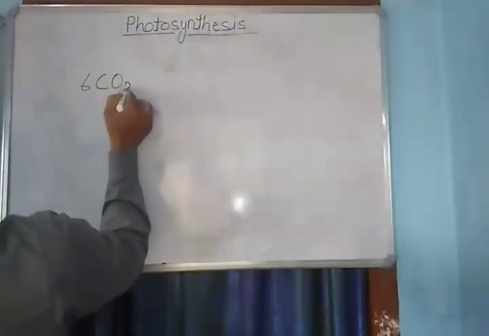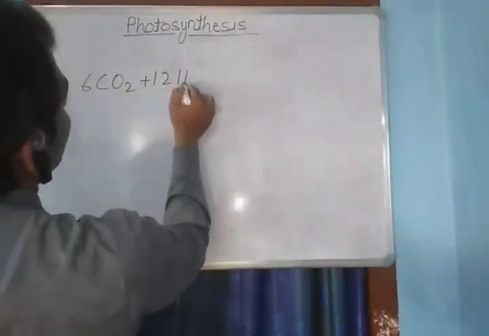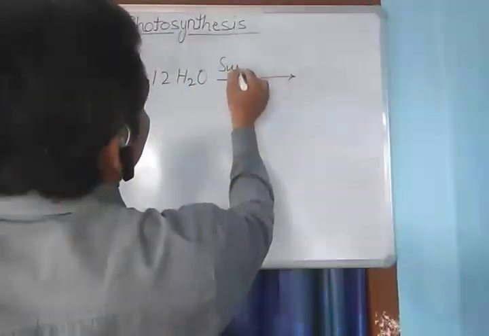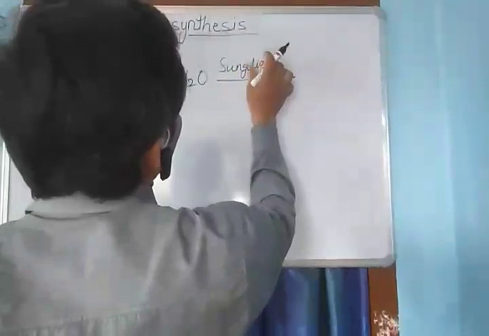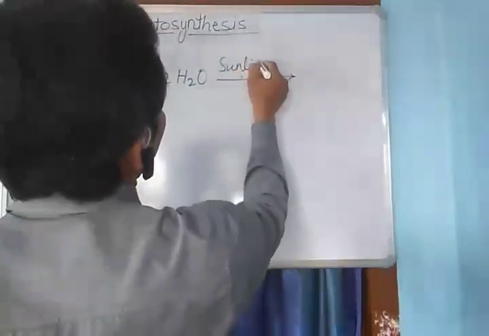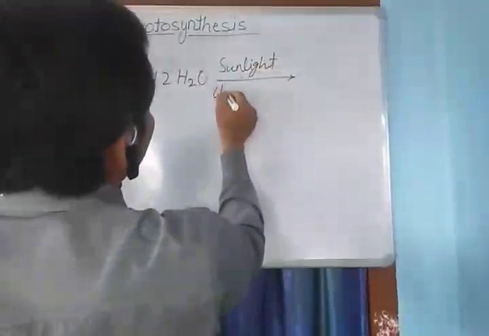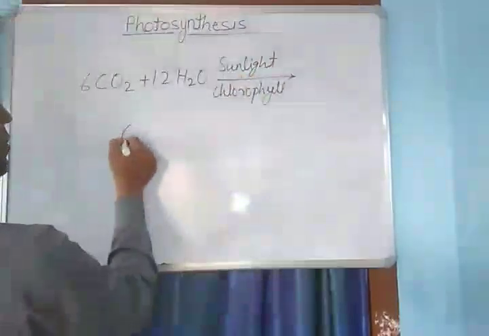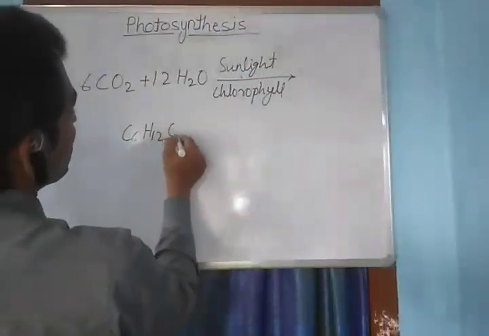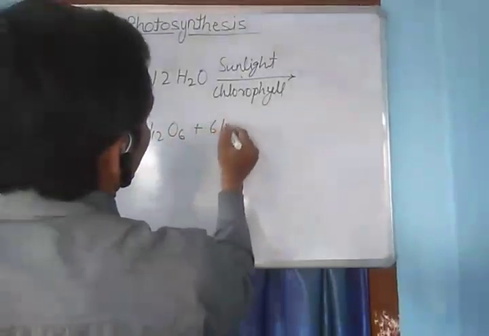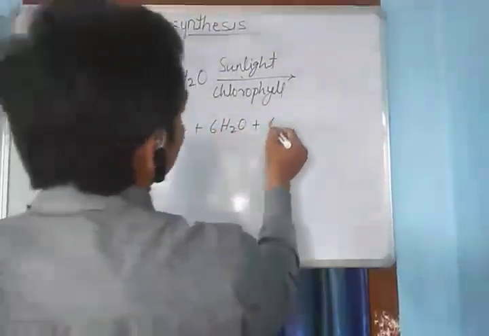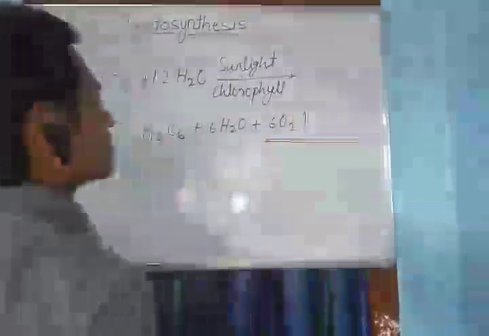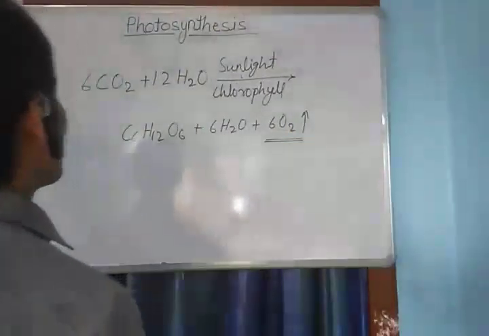Six CO2 plus 12 H2O, with sunlight and chlorophyll, forms C6H12O6 plus 6H2O plus 6O2. Oxygen is liberated as a byproduct. So the process of photosynthesis